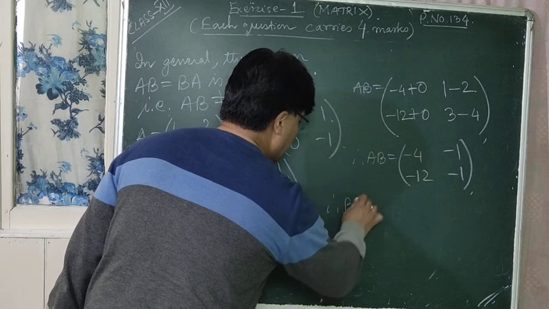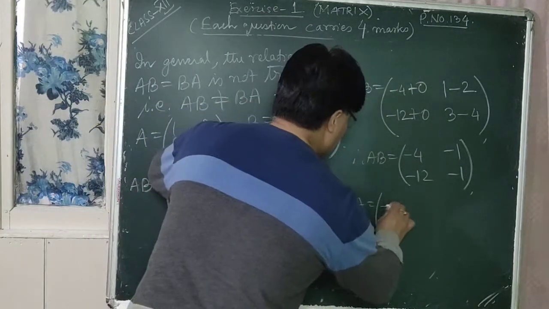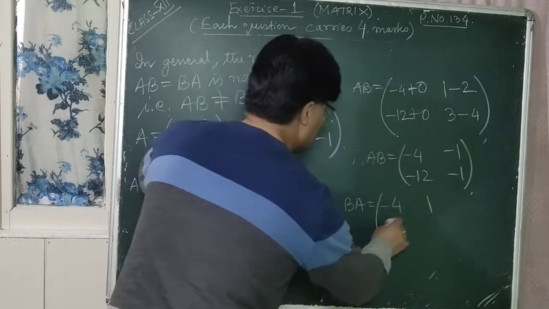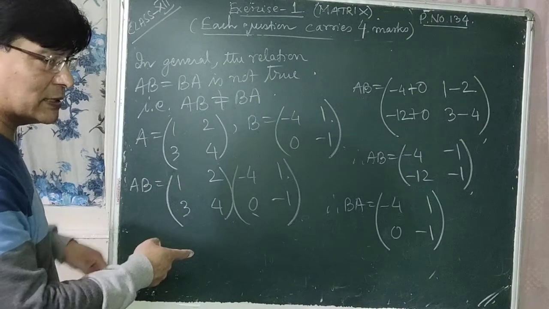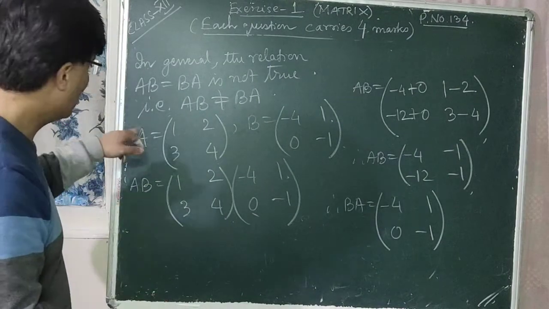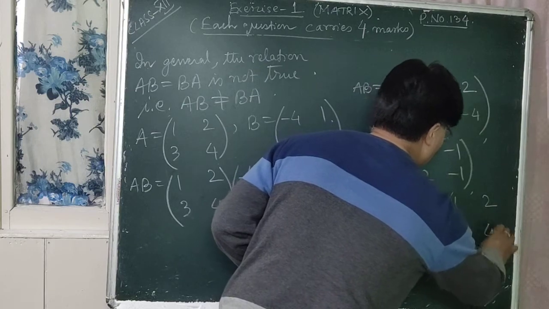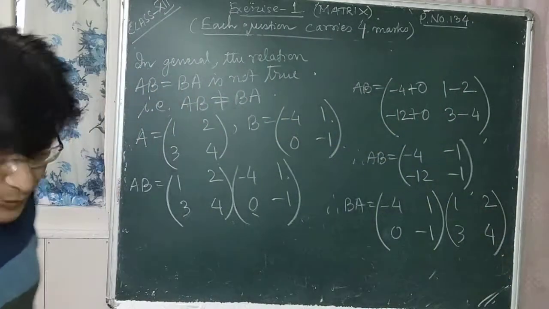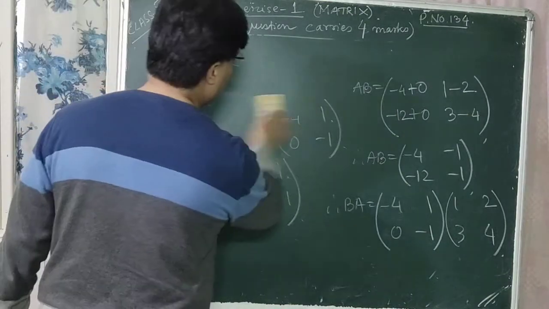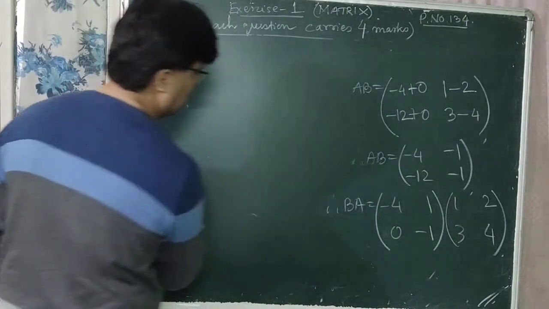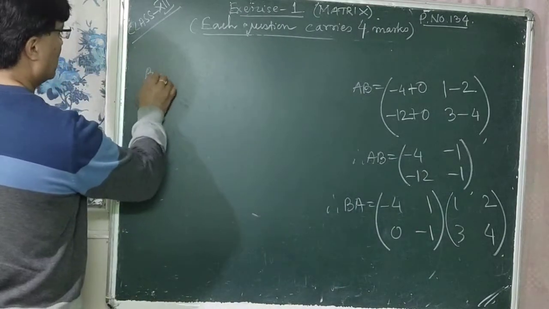So again write down BA. BA is equal to, what is B here in this case? It is minus 4, 1, 0, minus 1. Right? Again you have to write it. And then multiply BA. What is A? It is 1, 2, 3, 4. So let us multiply these two matrices now. And you have to prove AB not equal to BA. So BA is equal to,